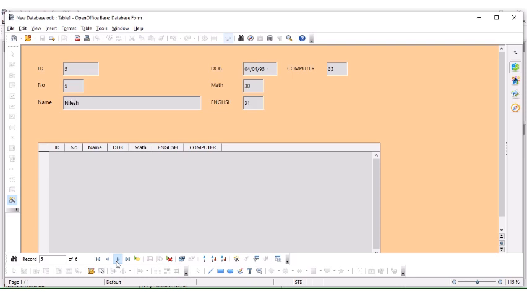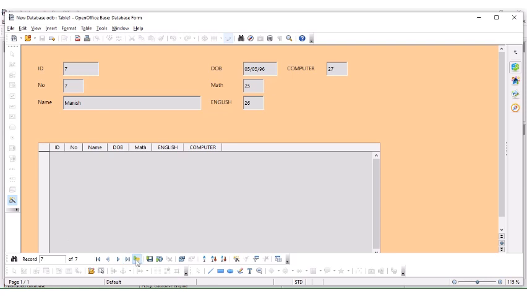In the same way, you can also create a new one. Look here, we have just 6 values. Now if I want to add, for example, a 7th value, look at that. You can add the name, Manish, date of birth 1/1/1985. In maths he got 25, English 26, and 27. And you just have to save.